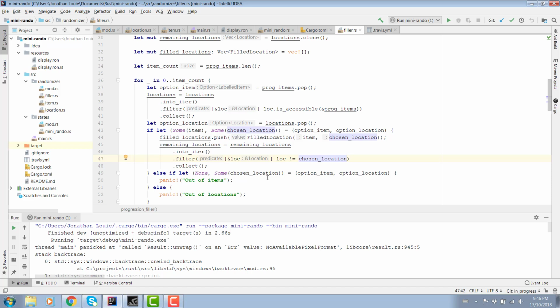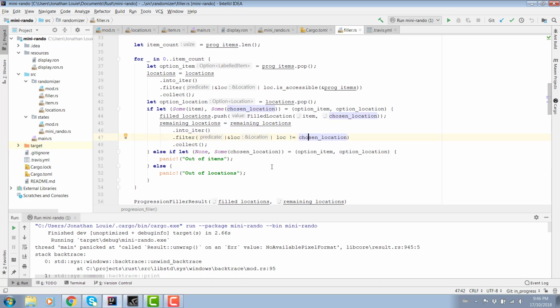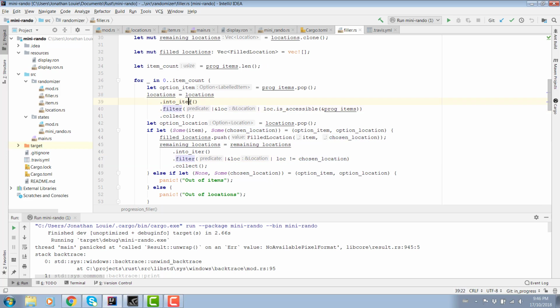And I just feel like that is probably what I want. So that's what I'm going to try and do next. Now, I'm not really sure if the LinkedHashMap implements into iterator, so I'm not really sure if I'll be able to do this particular part as easily. I might have to do the filter and then do a map to convert the references back to the actual values. I might have to do the dereferencing through map, but that's okay. I can do that.